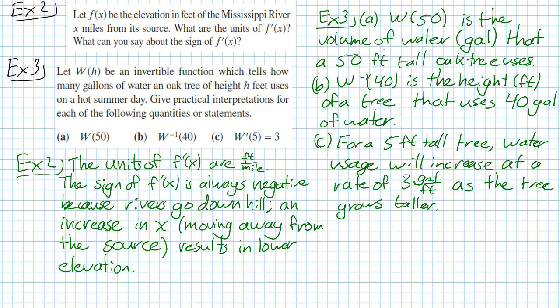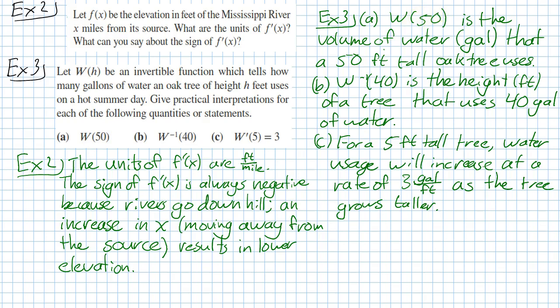If it were true otherwise, then the river wouldn't go that way. You'd have a lake if you were going uphill, but then the elevation of the surface would still be the same, because water never ever goes uphill. So anyways, example 3 is also about water, sort of, but first of all, W of 50, the output of